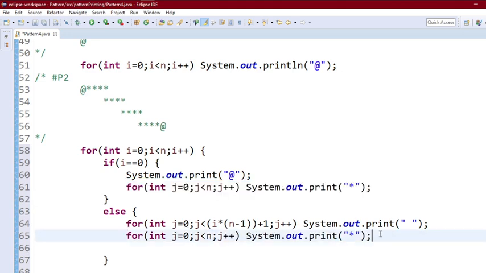And after printing the star, we have to take care that at the very last line of the second part, we have to print the @ sign at the last. Okay, so how can we show this is the last row? Whenever the value of i is equal to n minus 1, we can be sure that this is the last row of part 2. So we'll handle this in an if case inside the else part. If i is equal to n minus 1, then we can be sure that this is the last line. So in that case, we will print the @ sign.